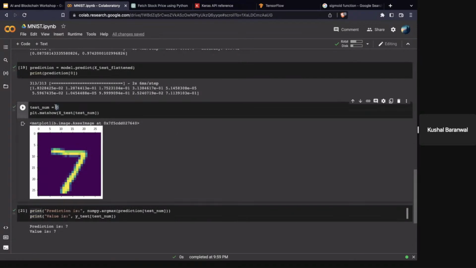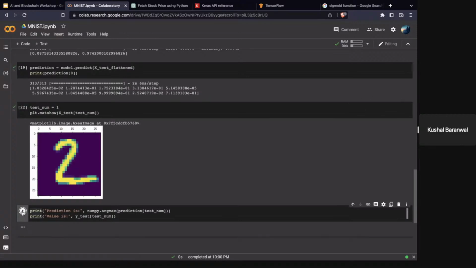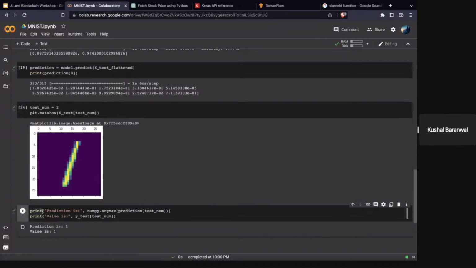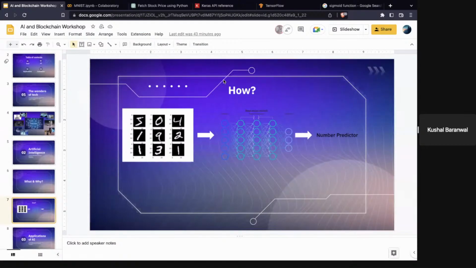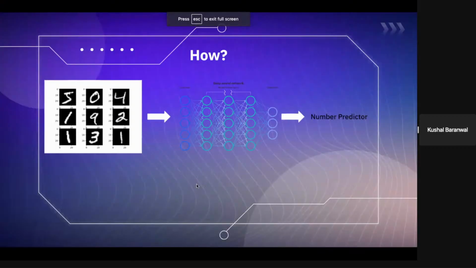So yeah, I can just show another example. So I hopefully it guesses 2. Yeah, so 2, and I'm sure there are ones that it gets wrong, but yeah. So that's pretty much how you make a neural network to do pretty basic things, but you could do it to get much more complex things if you wanted to, like some of the applications we're going to talk about later.